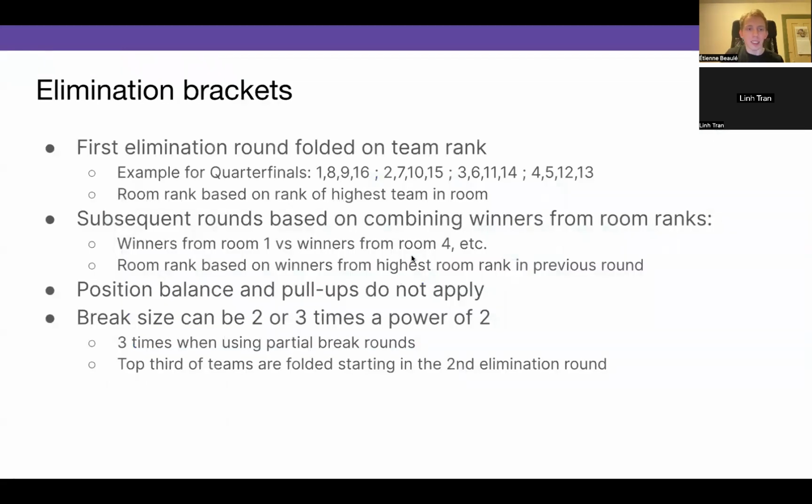Yeah. So now for some bonus material. Elimination brackets. Elimination brackets are done using a folding algorithm. There are many different alternatives that are done in other formats of debate, like sliding or being adjacent, where the top room would be the top 1, 2, 3, 4 teams, or